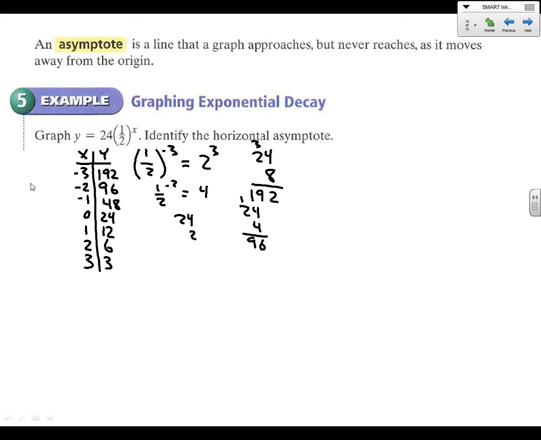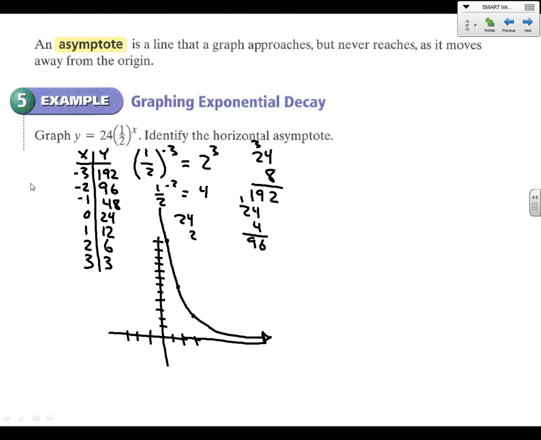So here's our graph here. 1, 2, 3. 1, 2, 3. And we're not even going to make it all the way up. Let's go 3, 4, 5, 6, 7, 8, 9, 10, 11, 12. I can make it that high at least. 1 is 12. 2 is 6. 3 is 3. And it's coming down pretty steeply, but pretty quickly this is going to flatten out, and we're